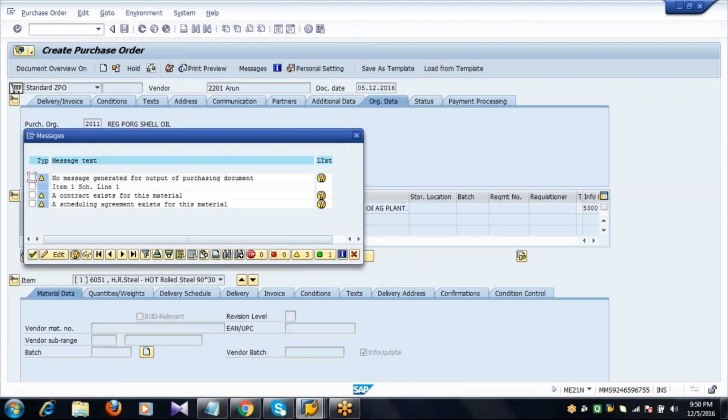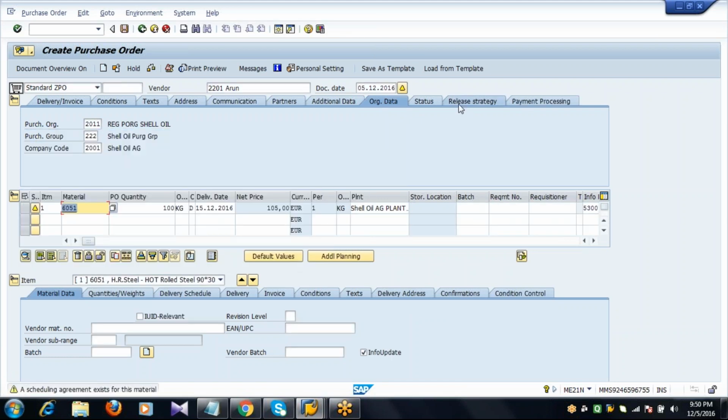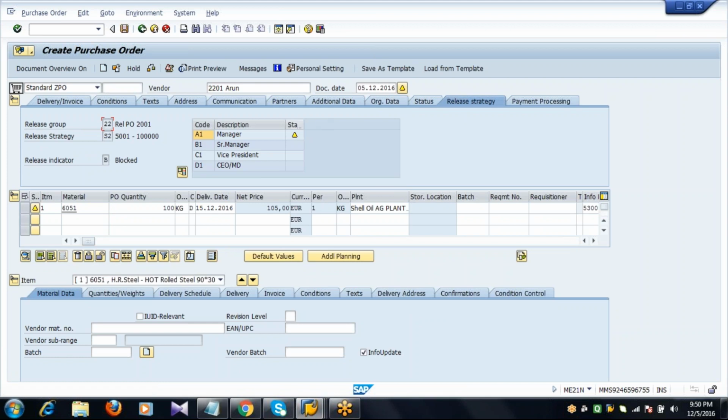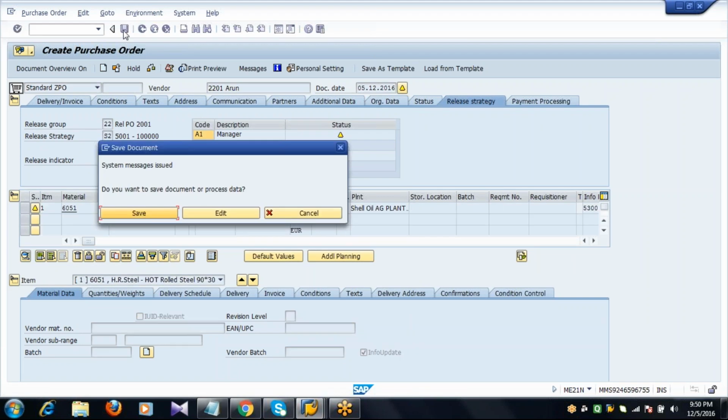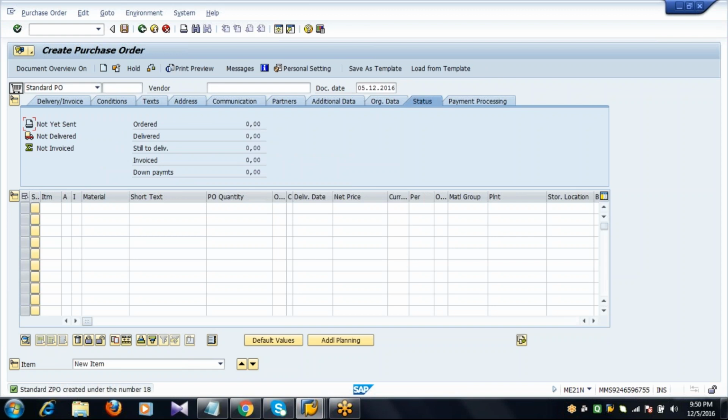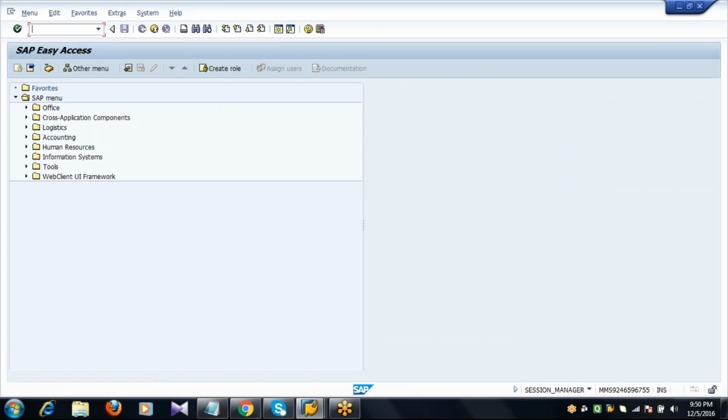Click on check. So release strategy. Save. Order is created. Now go to the transaction code